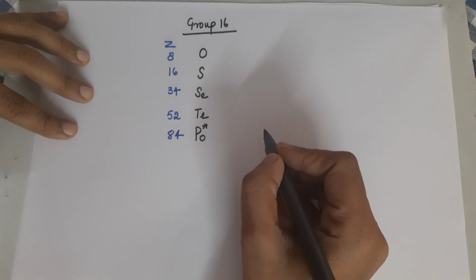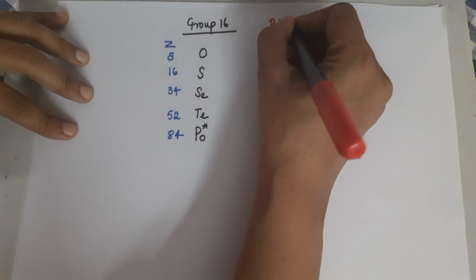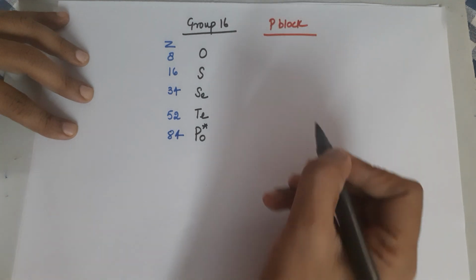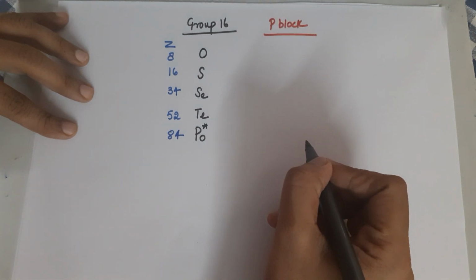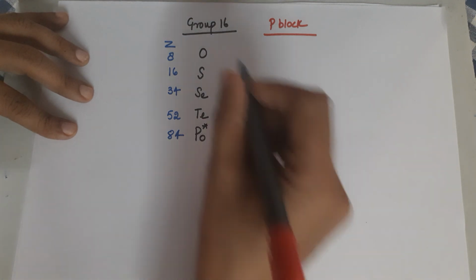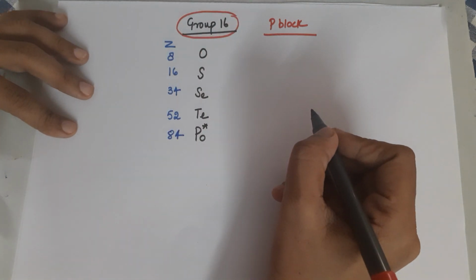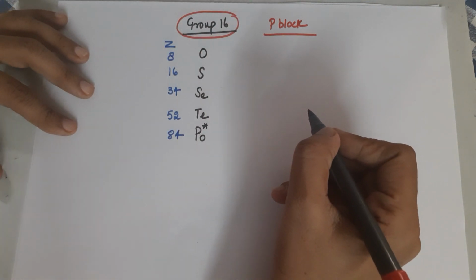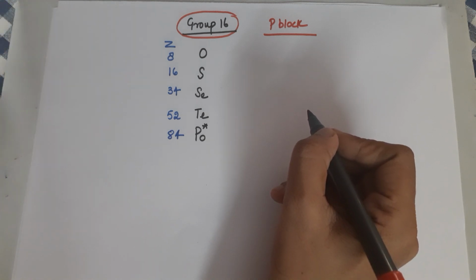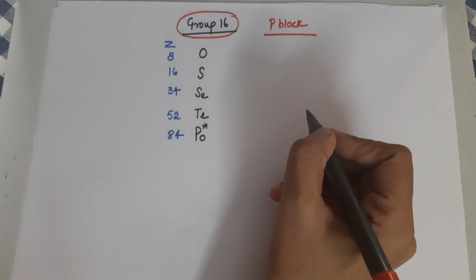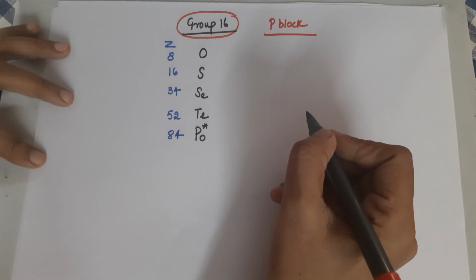Today's class is on the P block of elements. Under the category of P block, we've already done group 15 with its reasoning questions and the basics. You can have a look at that particular video. There are two parts to it, part 1 and part 2. Moving ahead to group 16, as I had promised that I would be doing the P block throughout. Coming to group 16, we'll again have two videos on this particular topic. I hope you enjoy and understand the concept.